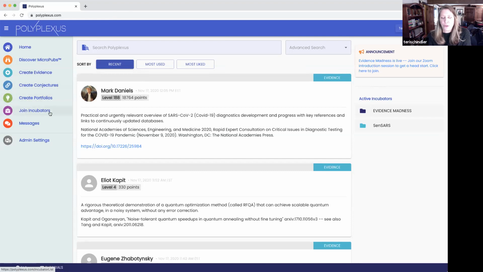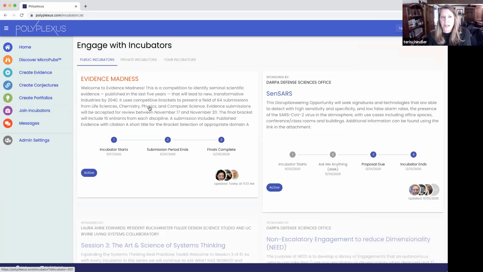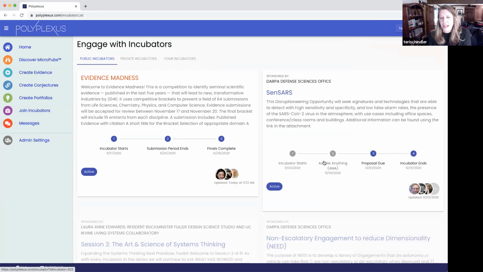And here's where you go to join incubators. So if you are intending to participate in Evidence Madness, you can either click on the right side, where the active incubators are listed, or you can go to join incubators, click there, and here you'll see all the different incubators.